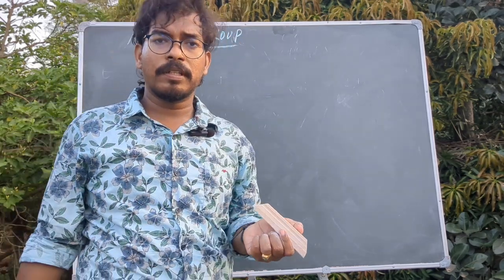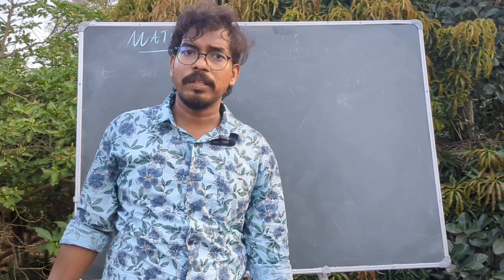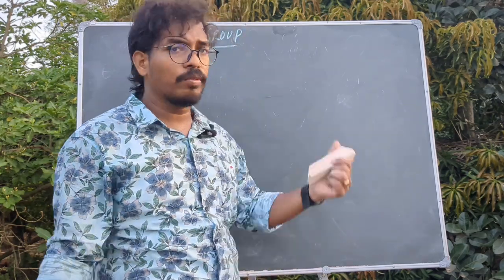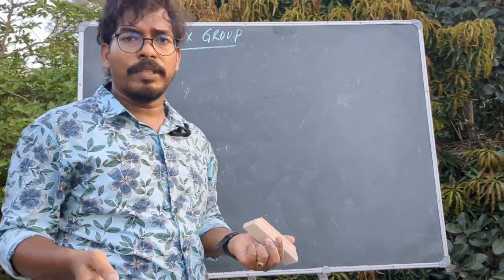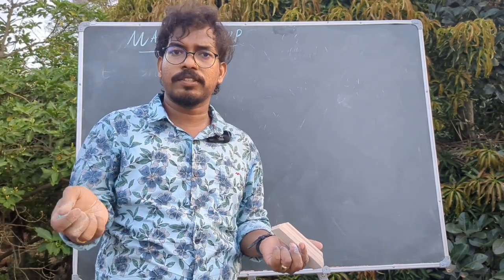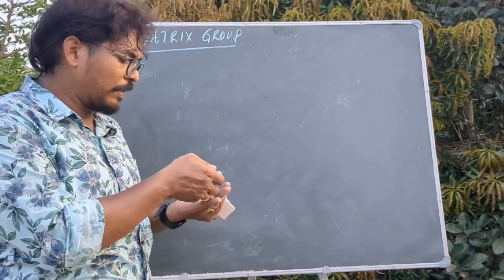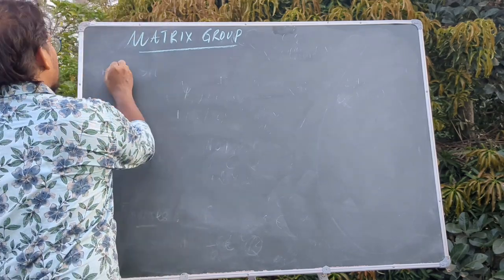Elements of a group can be matrices also. In this example we will see all matrix groups. And the operations will be the usual matrix addition and matrix multiplication. Let us see. A set is